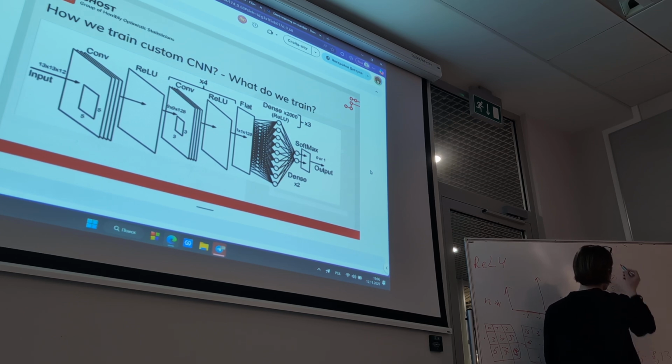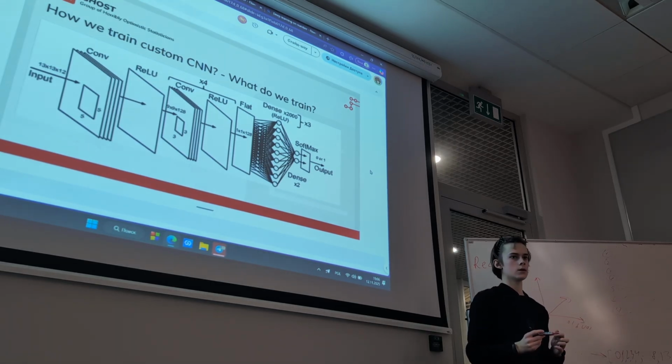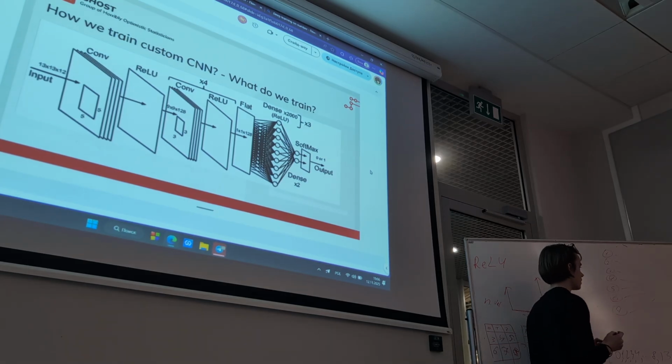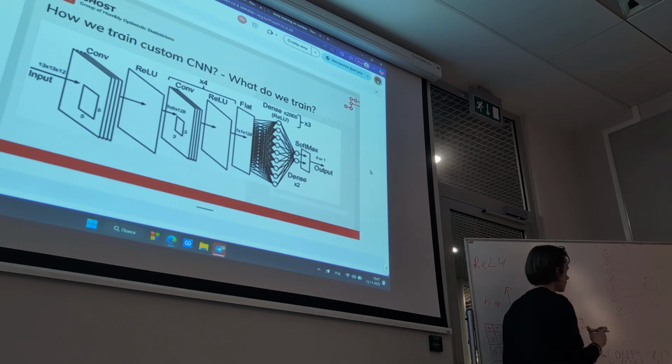How do we choose from this neural network, which is kind of a probabilistic thing? Which number do we choose from that? Here comes the